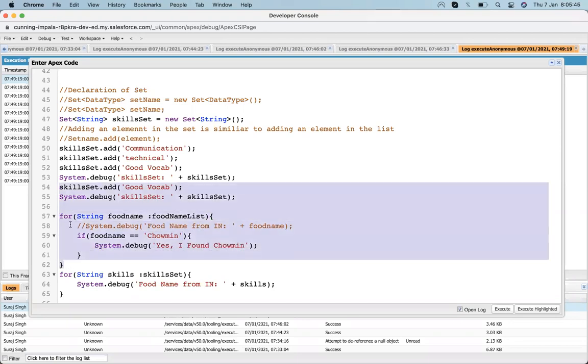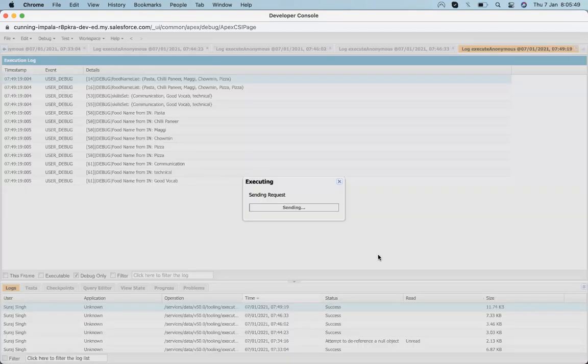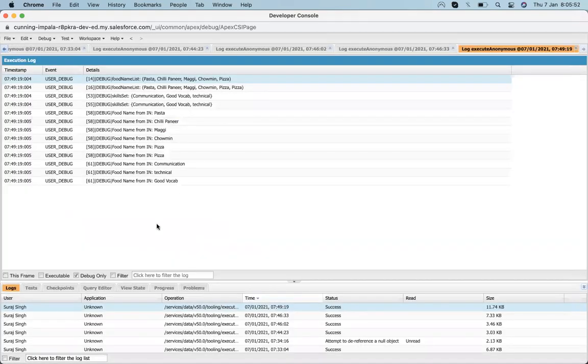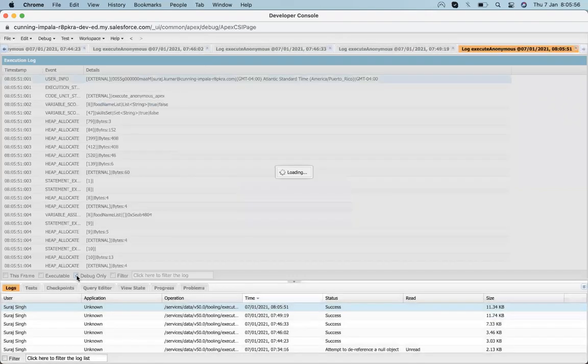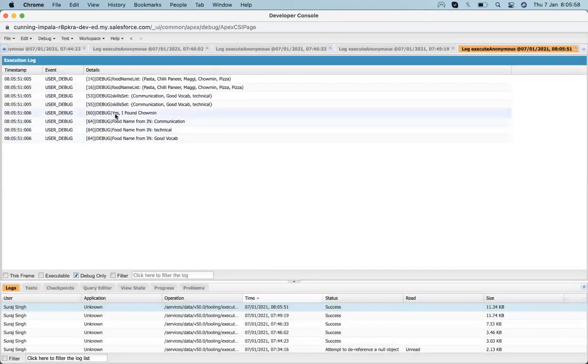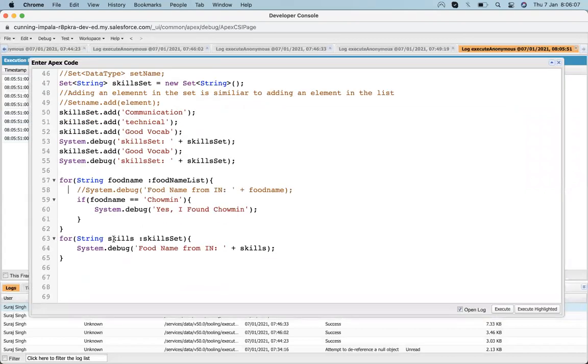Let's have a look. Execute it. Once it found it, it shows that yes, I have found Chomin, and since after that we have a loop, it is printing the values.